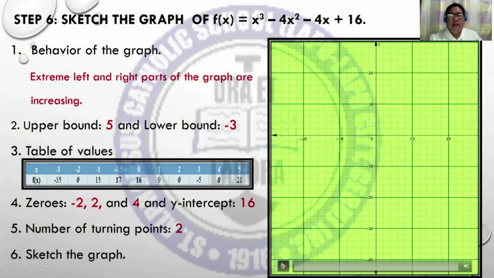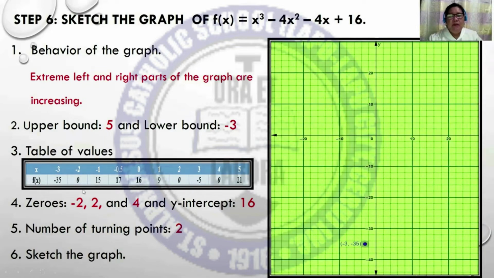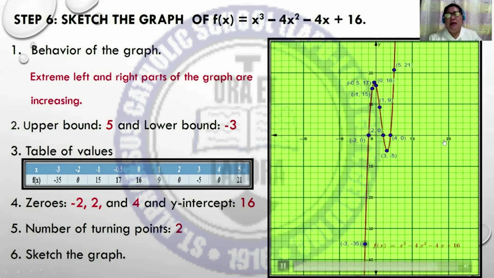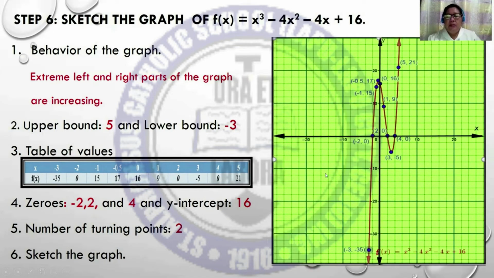So all you have to do is to plot the points. So first, we have negative 3, negative 35; negative 2, 0; negative 1, 15; 0, 16; 1, 9; 2, 0; 3, negative 5; 4, 0, and then connect with a smooth curve. Do not forget to label the graph